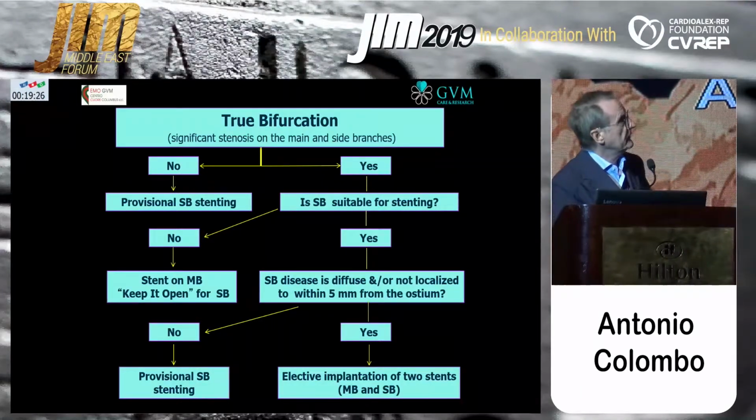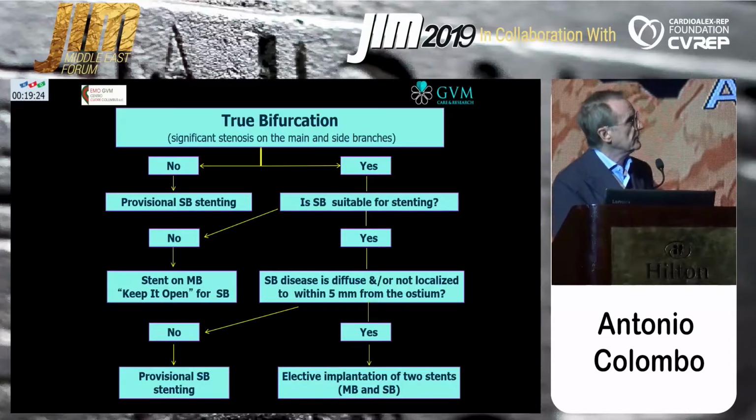So first you define if it's a true bifurcation. If it's not a true bifurcation, provisional is the standard. Keep in mind this strategy: just place a wire in the side branch in order to keep it open and do nothing. If it's a true bifurcation, meaning the side branch is diseased, then